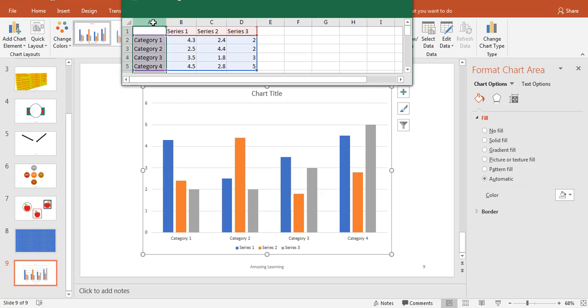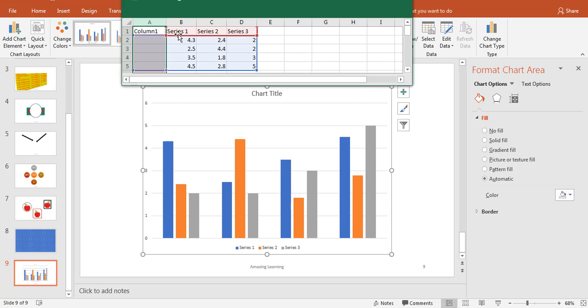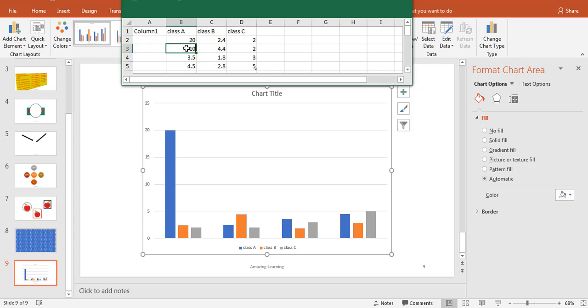so this is not needed right now because I have needed only one heading. So for example class A, and this is class B, and this is class C, right? So all those classes are mentioned here, and now I have to enter some students. Class A 20 students, 10 students, 30 students,